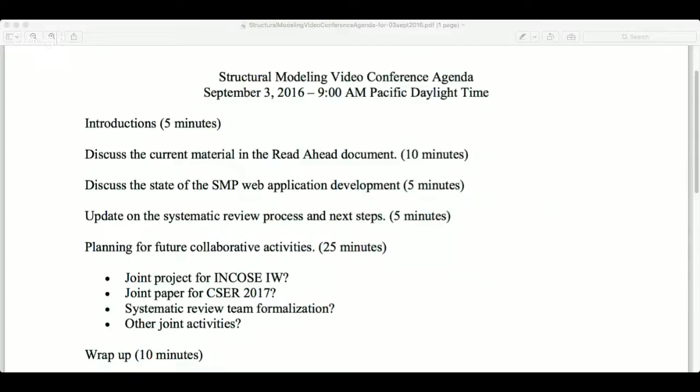Basically then, let's start with the read ahead document. I sent out an overview of a presentation that got accepted for an open source conference.